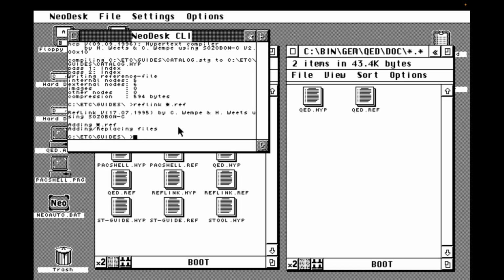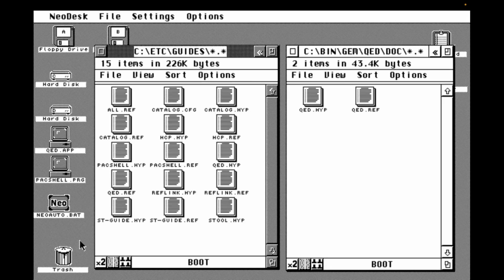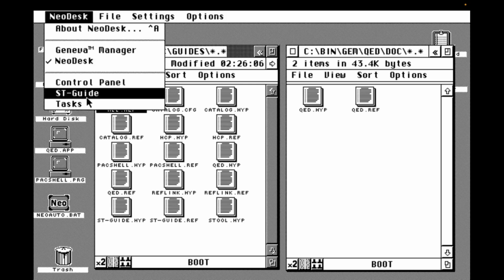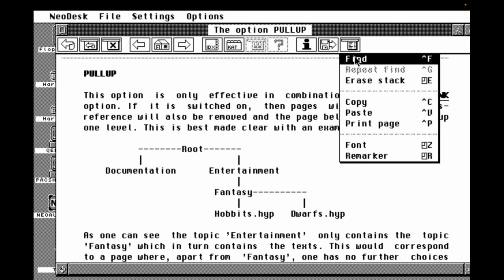Right. So now we should have a file here called all.ref. Right, there it is. So now we've got our all.ref file, which has been created for us by our ref tool. Let's see how that manifests itself in the program. So if we go into ST Guide, I'm on this page called pull up, which is somewhere in the S tool hierarchy. I'm going to go in and let's have a look at the couple of finds that we